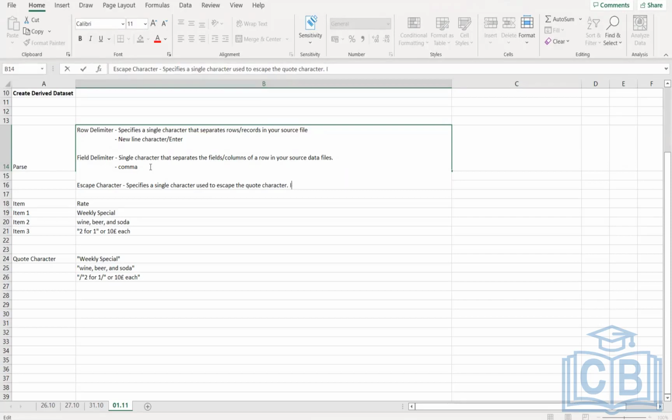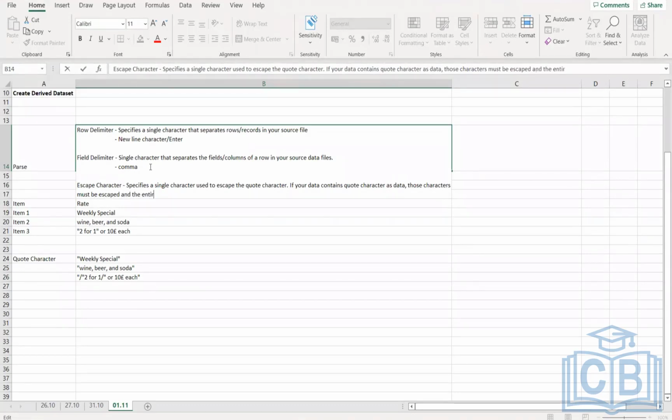So this is when your data contains the quote character as data, those characters must be escaped